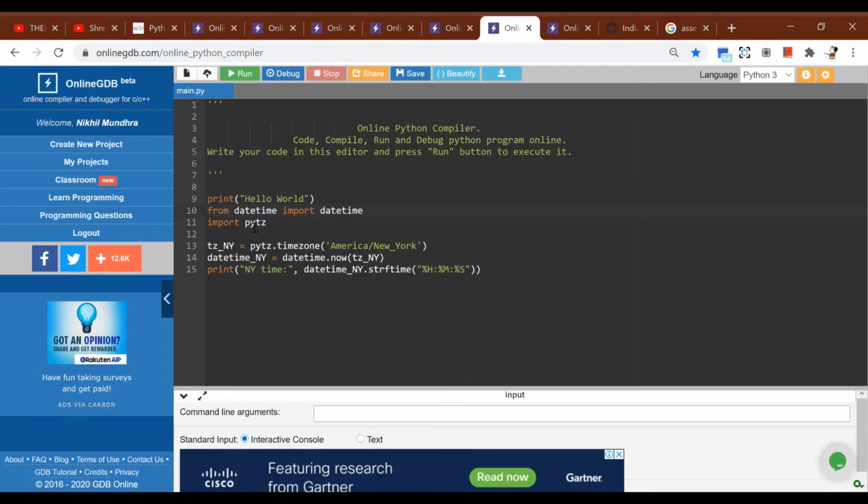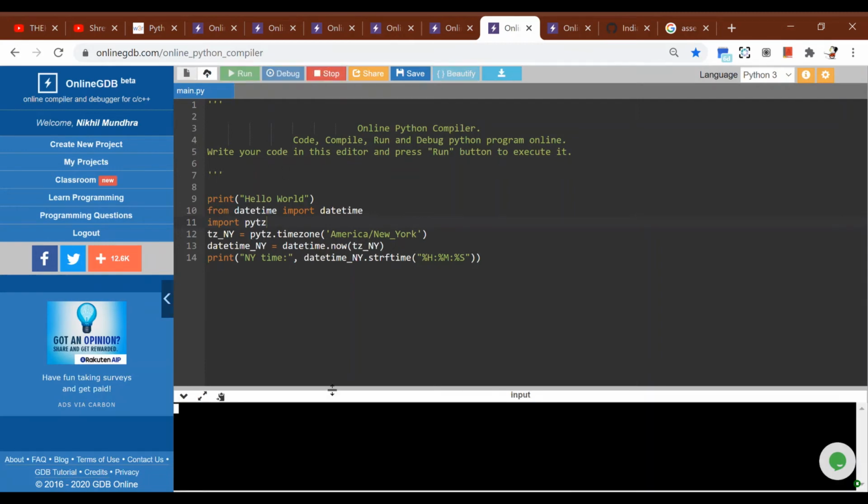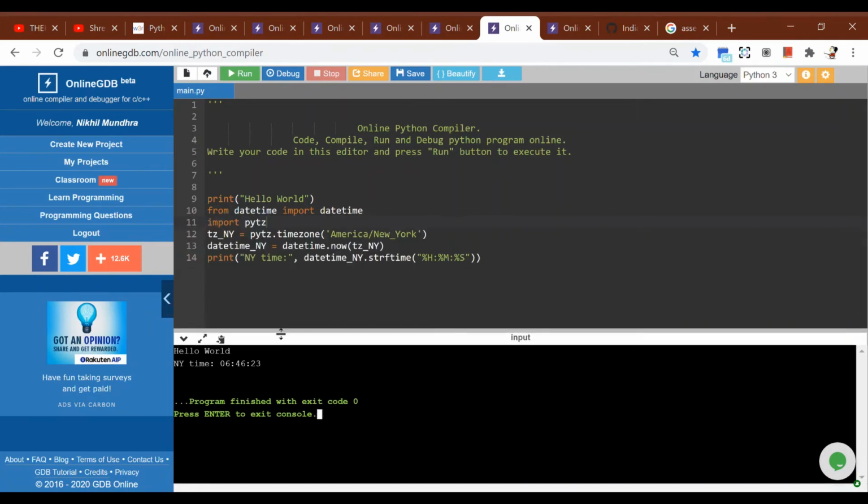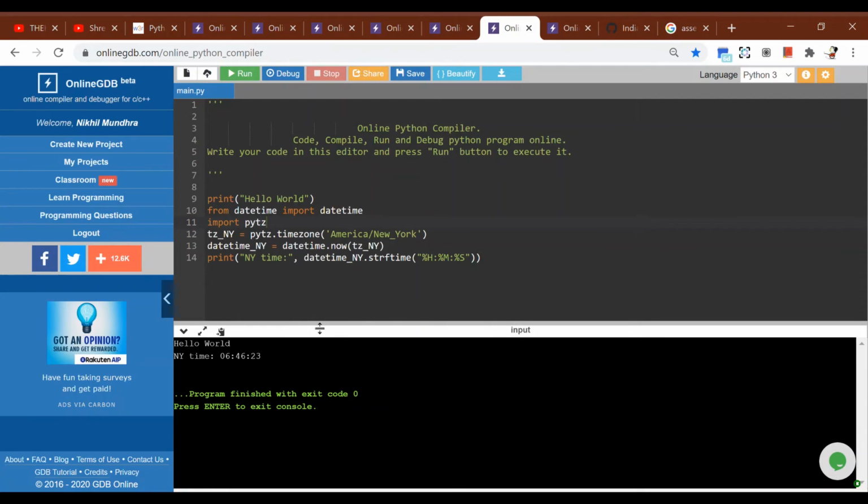So pytz is another super variable which I like about Python. It really helps you in date and time, and many developers have already started using this. So right now I have fixed it to New York because Delhi is not supported, so it works fine for New York. And here's the time.